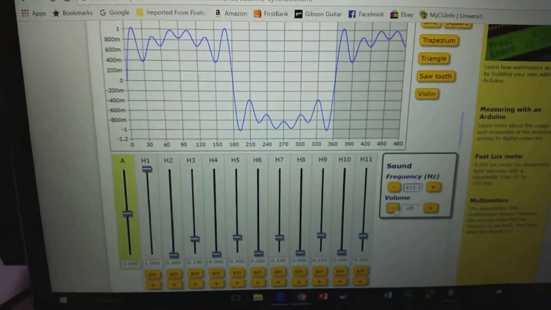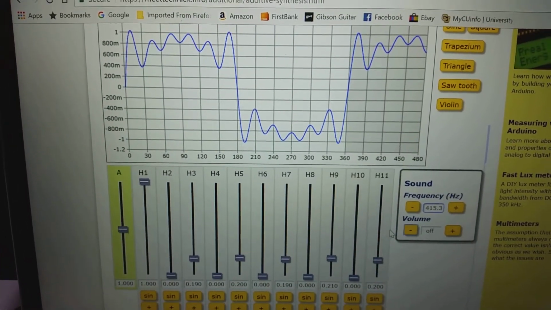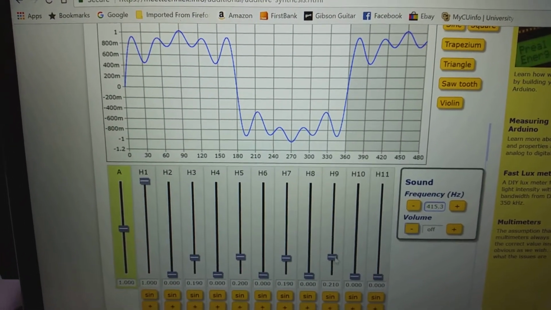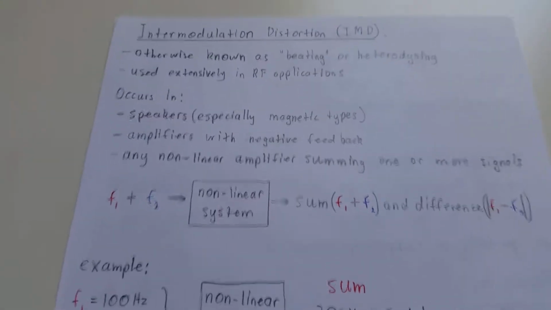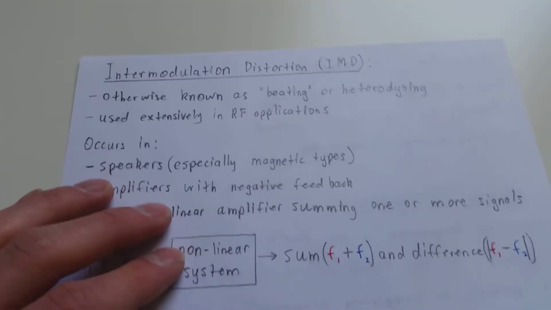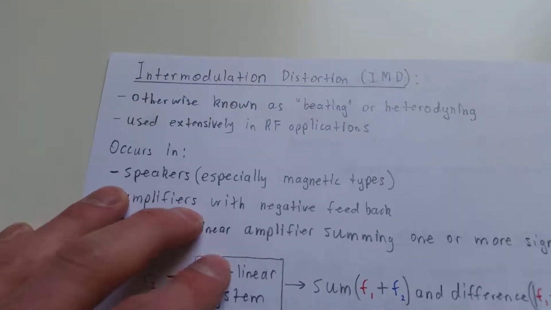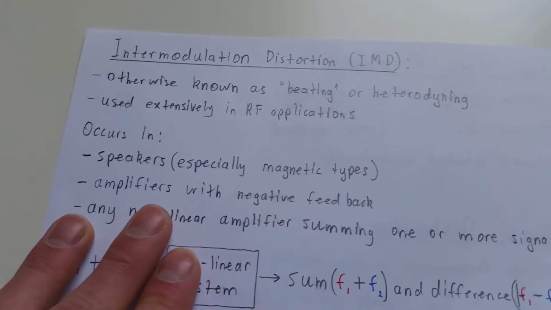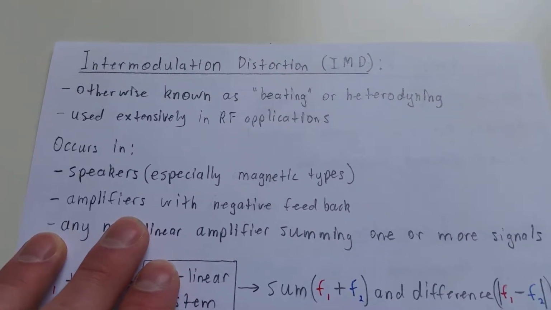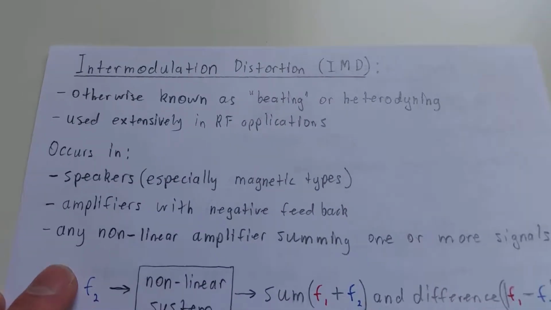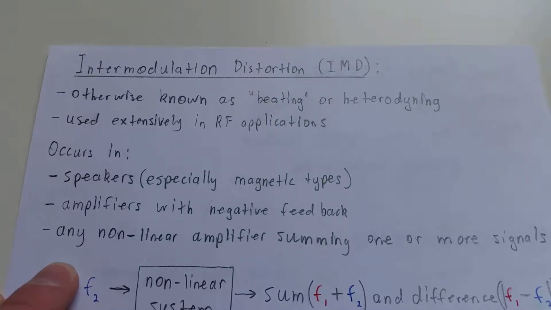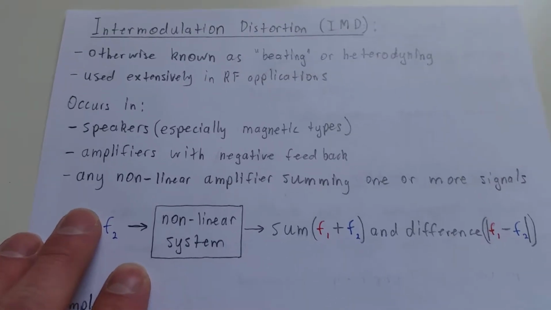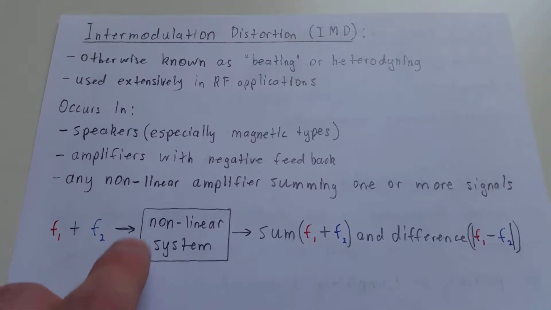Now, as you can hear, the higher up you go, the more annoying it gets, and the more it starts to look like a square wave. Now, intermodulation distortion is otherwise known as beating or heterodyning, like I said earlier, and this is the one they use extensively in RF. This is how they get what's called the intermediate frequency. You can convert frequencies up and down, but in audio, it's usually not very desirable, and it usually comes up